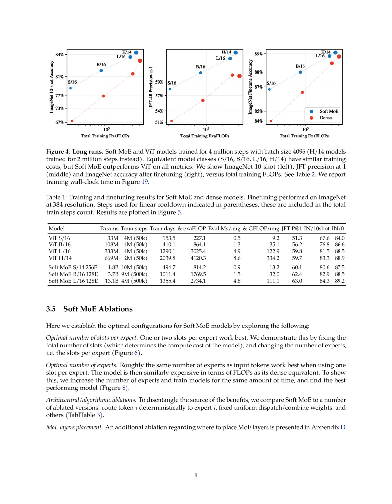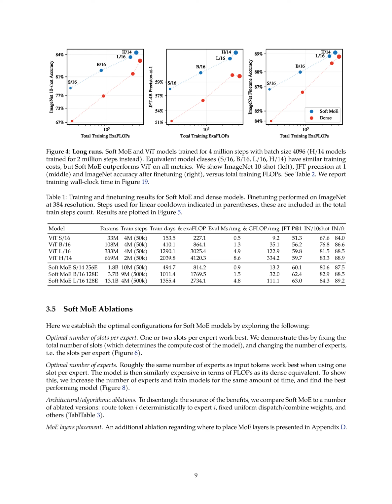Section 3.5.1 Number of experts and slots per expert. When we use the soft mixture of experts, Mo, method in a specific architecture with a certain input sequence length, we need to decide on the number of experts and the number of slots for each expert. The total number of slots determines the workload applied in the Mo layer, excluding the minor routing cost. If the total slots exceed the number of input tokens, the model will need more floating point operations per second, flops, than dense transformers, as more tokens will be processed in the Mo layer. On the other hand, if the slots are fewer than the original tokens, SoftMo will save some computational power compared to dense transformers.